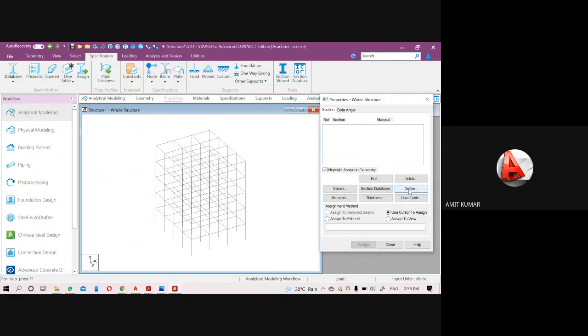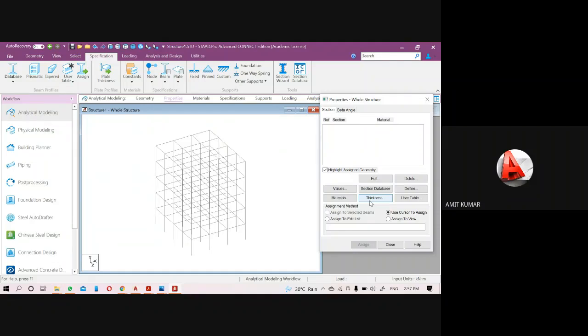And if you want to assign the thickness of any concrete plate, then we will use the thickness option. It will be used for the plate, that will be your slab. So for the slab, we have the thickness option to provide the properties. And if there is a steel structure, then we will use the section database. Okay, so come to that.